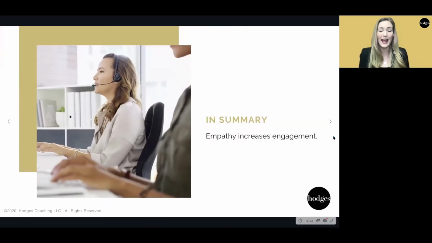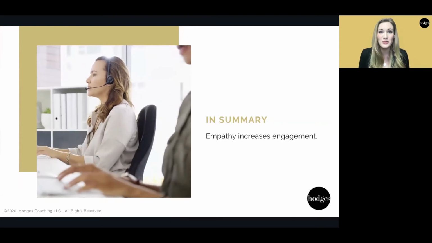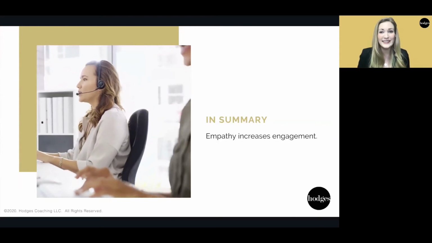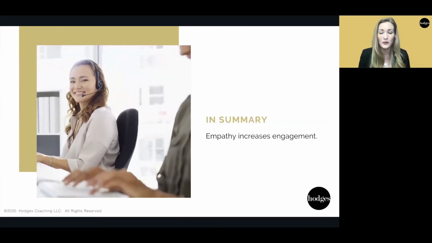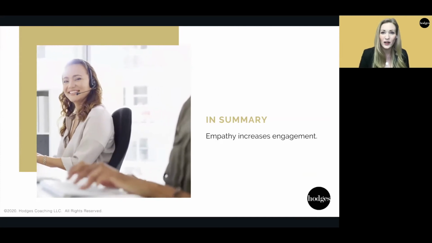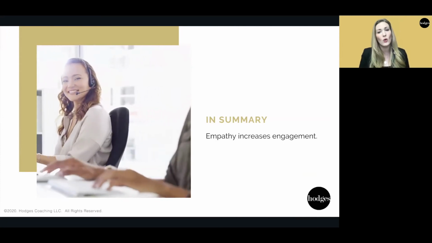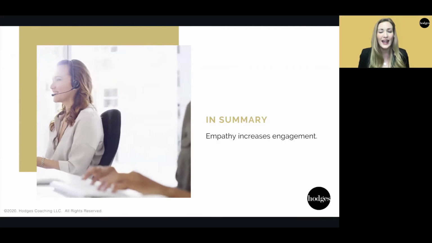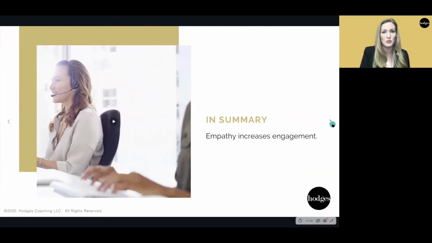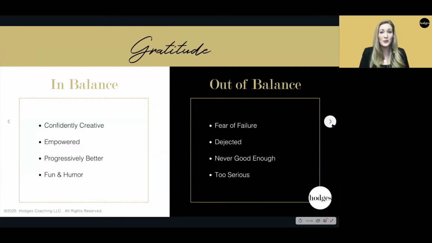And in summary, empathy increases engagement like a lot. When people feel seen, when they feel heard, when they feel understood and cared for, it makes the whole team feel more like a tribe. And you want to perform well for your tribe. Remember how we learned that in the social evaluative threat a few modules ago? When people feel like it's a tribe and everyone's tuned in, they want to do well. They want to perform well, which helps facilitate gratitude.